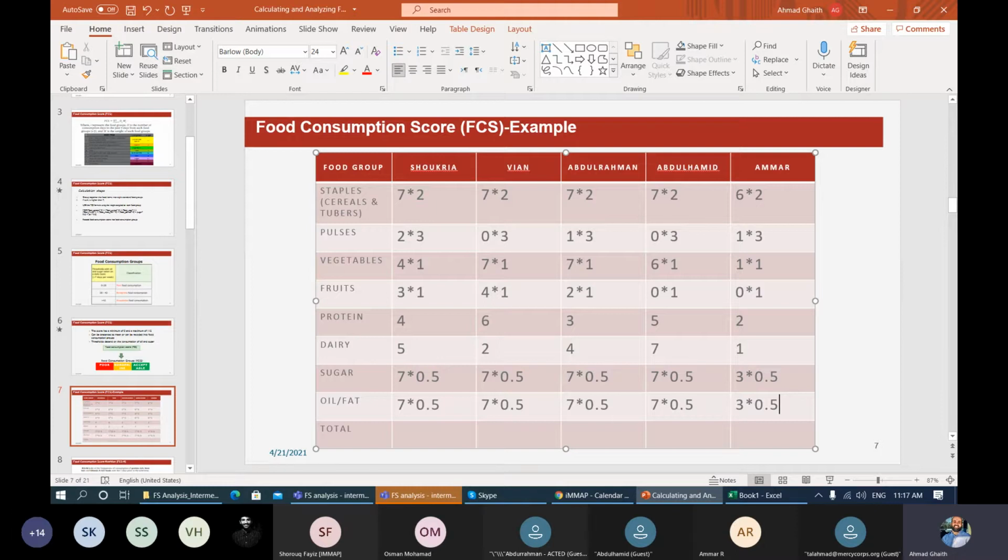So this is just to sort of drive home. Food consumption score, really thinking about calories and macronutrients, protein, fat, and carbohydrates, and how those things contribute to sustaining a person in their daily life. Vegetables and fruits are very important. Micronutrients are very important. So I'm setting up a little bit why we go deeper and do the nutrition quality analysis that we're going to do after this. But we only give a 1 for vegetables.